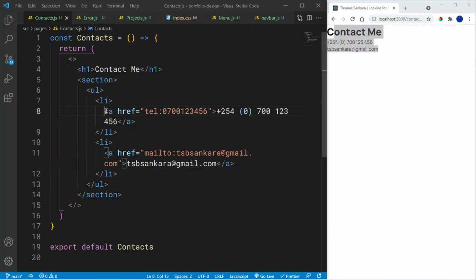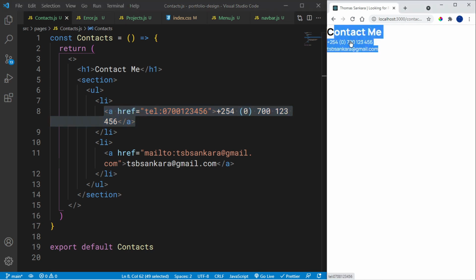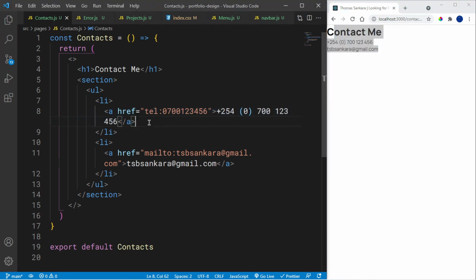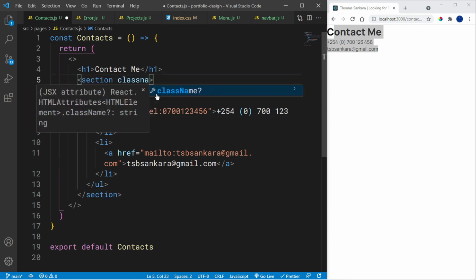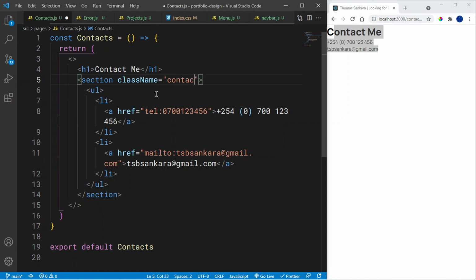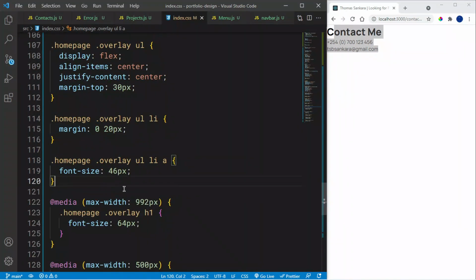But remember, these are anchor tags that you set to the color white by default, and these are what we have. Notice that these are now links. You notice that they have a cursor of pointer, which means they are links. Okay, now what do we need to do? What I want to do inside here is, let me give this section a class name of contacts, like so, very simple. And then let's go inside our index CSS, and right above our media queries, I'm going to place